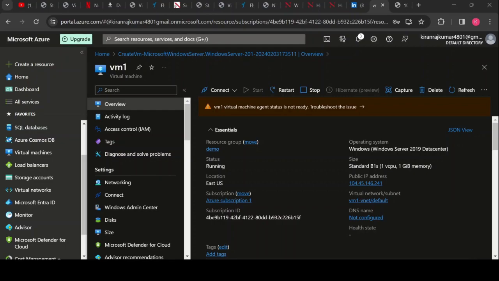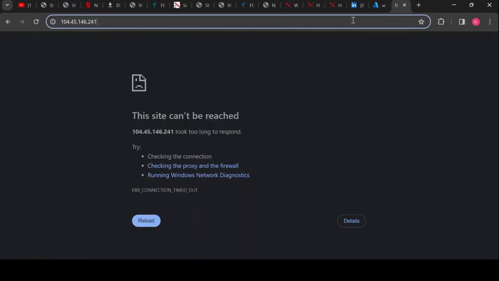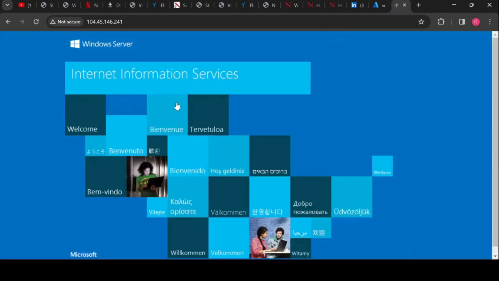So now you can see the Windows server getting enabled. This is because we have enabled the IIS server from the remote desktop protocol, that is RDP, and then to change colors, once again you have to go to the remote desktop protocol, and then you have to get the server manager, and you have to go to the files section,